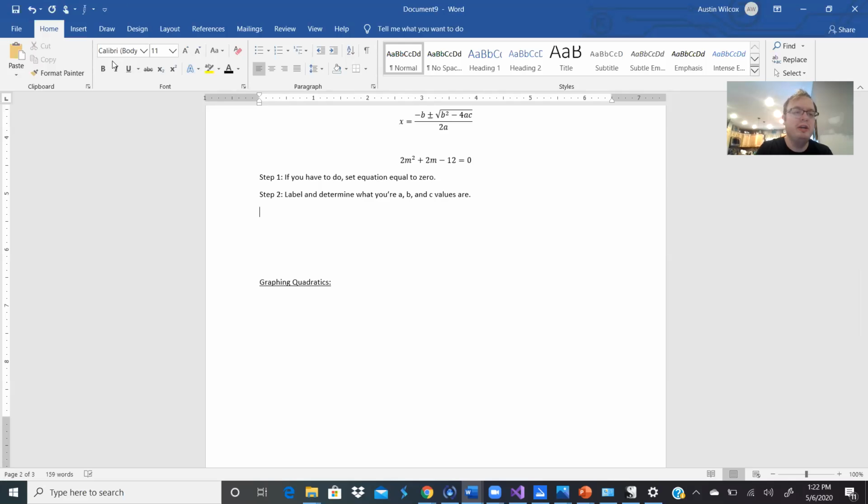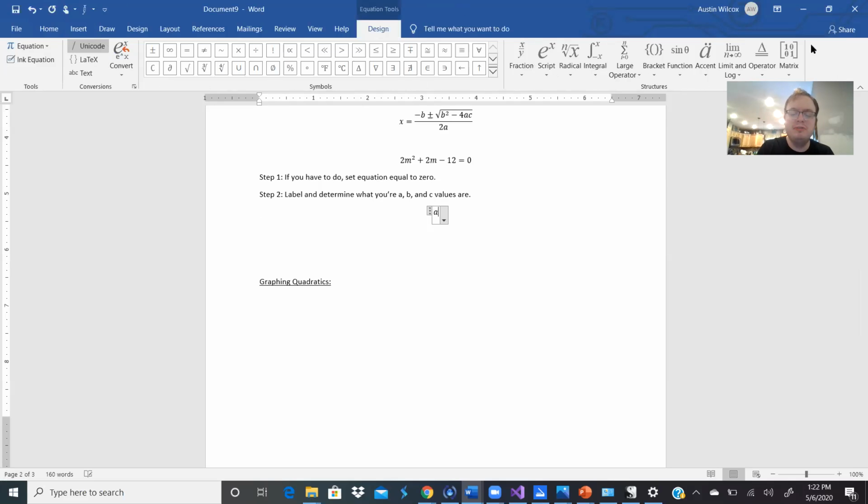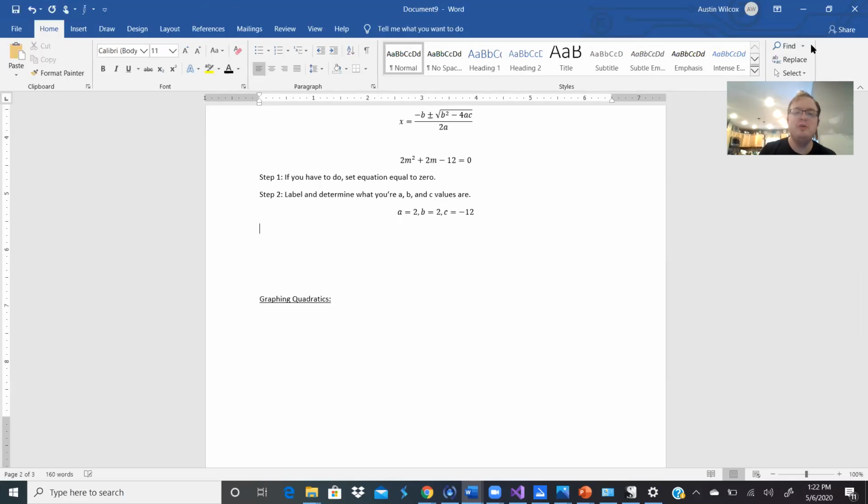In this equation, my a value comes from what's on x squared, or in this case, what's on m squared. So a is 2, b is what's on x, or in this case, what's on m. So b is also 2, and c is just the constant, which is negative 12. And so all I have to do at this point is put the numbers into the quadratic formula. So step 3 is substitute values into the quadratic formula